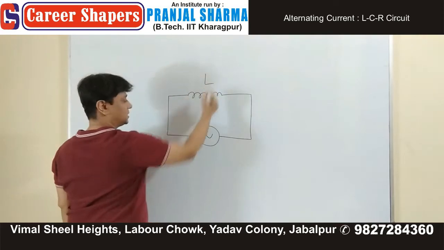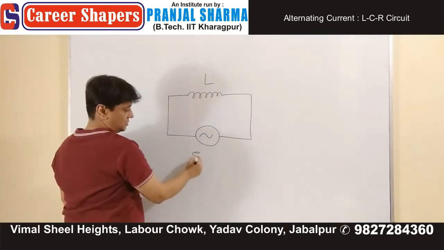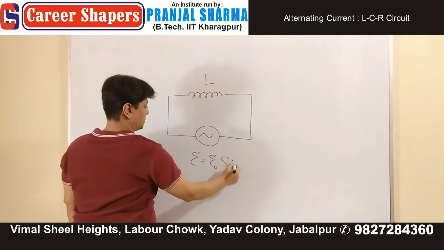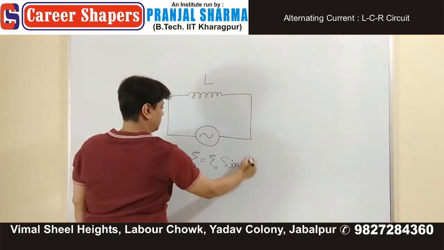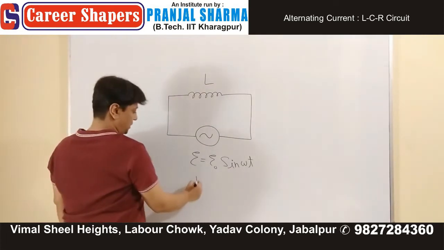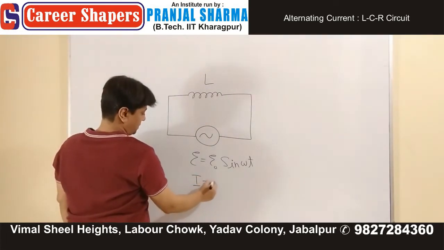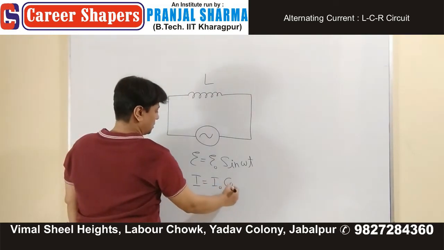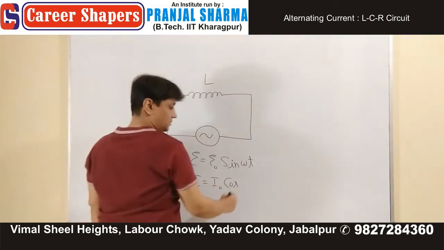This is the inductor. E is E naught sine omega t, and I is I naught cos of,